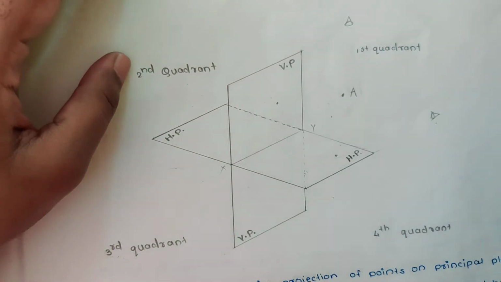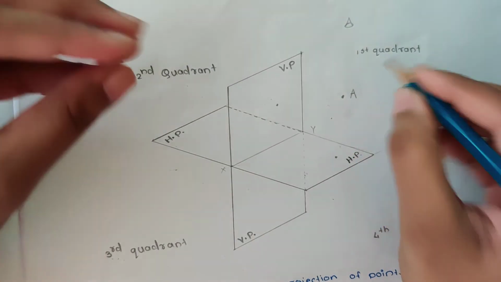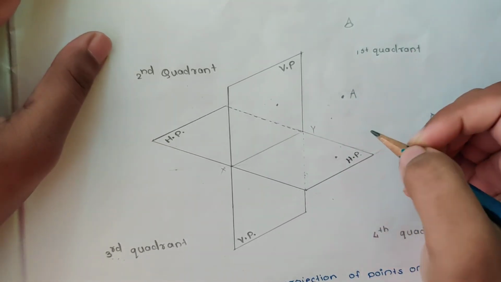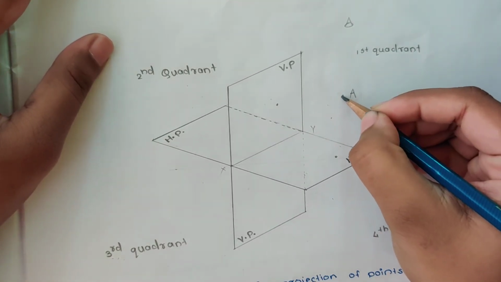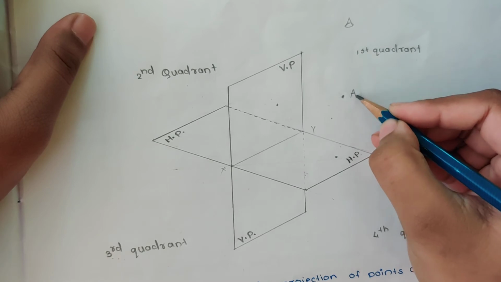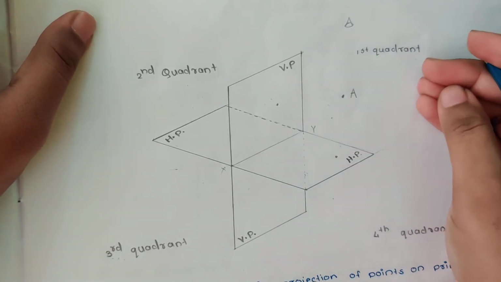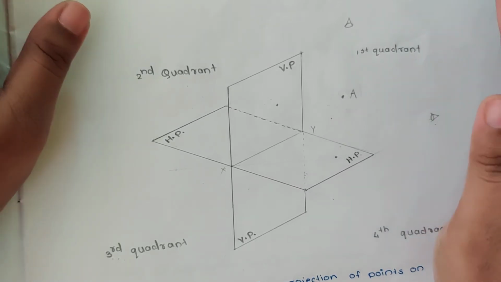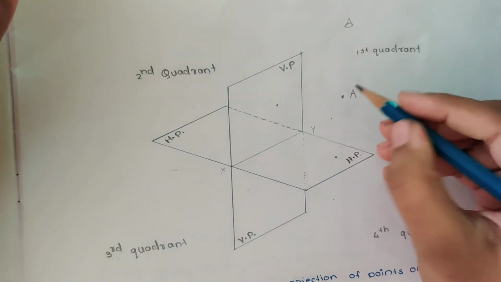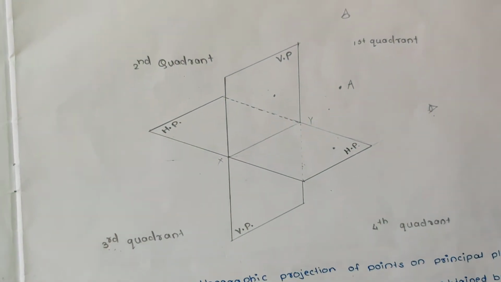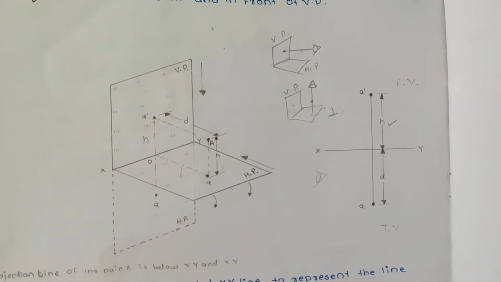Now if I locate any point anywhere, for example this point, we can say it is a point. I have written it in capital letters because it is a conventional representation, meaning the actual position of a point is designated by capital letters. So this is the actual point A. To go into details, just a moment. Now you can see this.